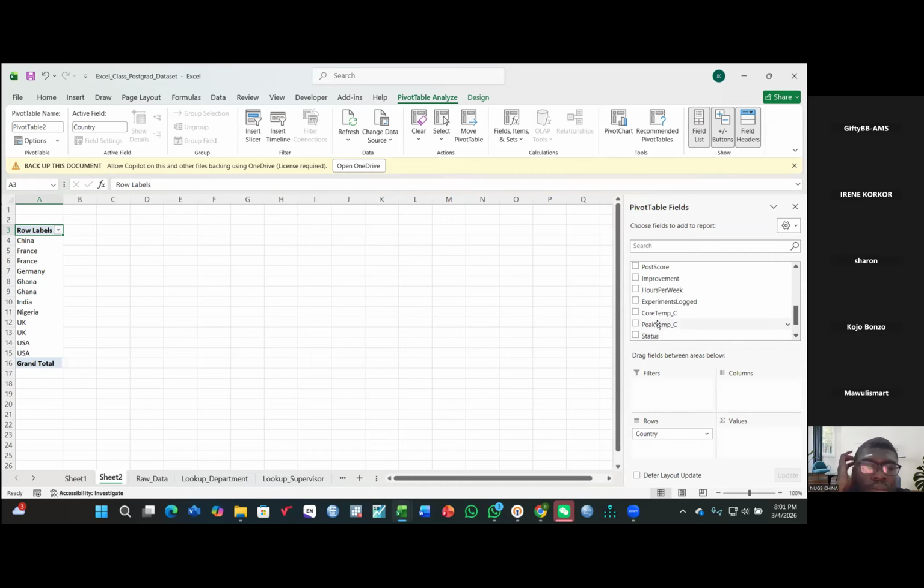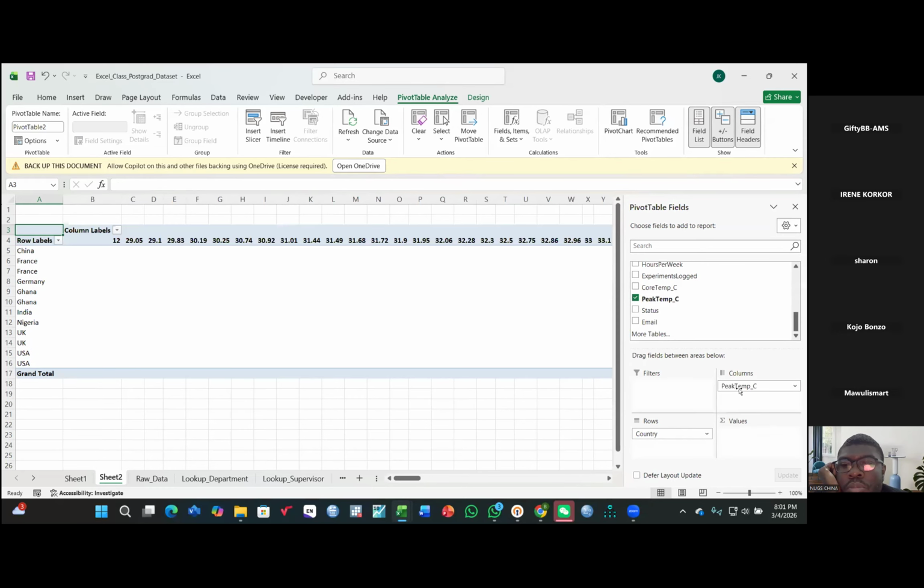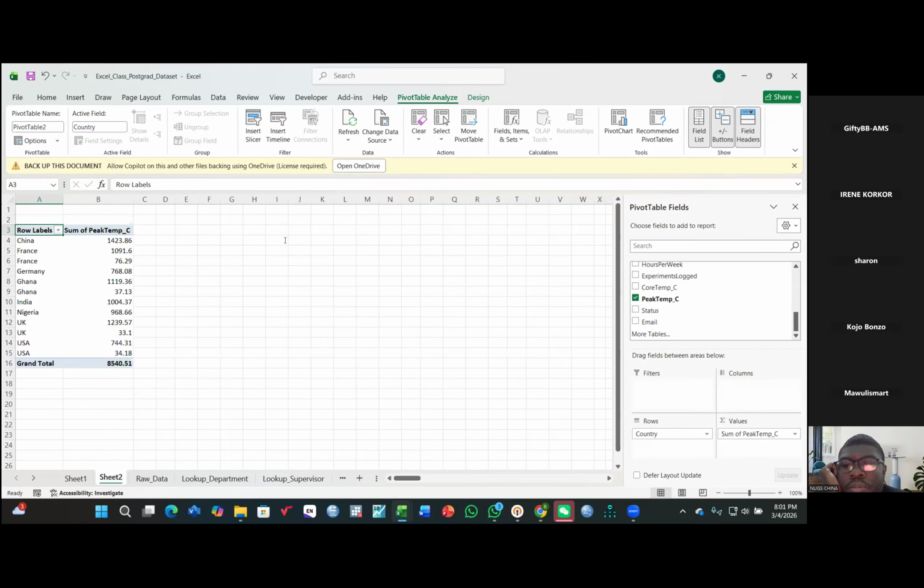Then peak temperature. Peak temperature will be under values. And then now what do we want to do? What other thing do you want to do? Okay. So if we are plotting only these two, then I think we'll go to our